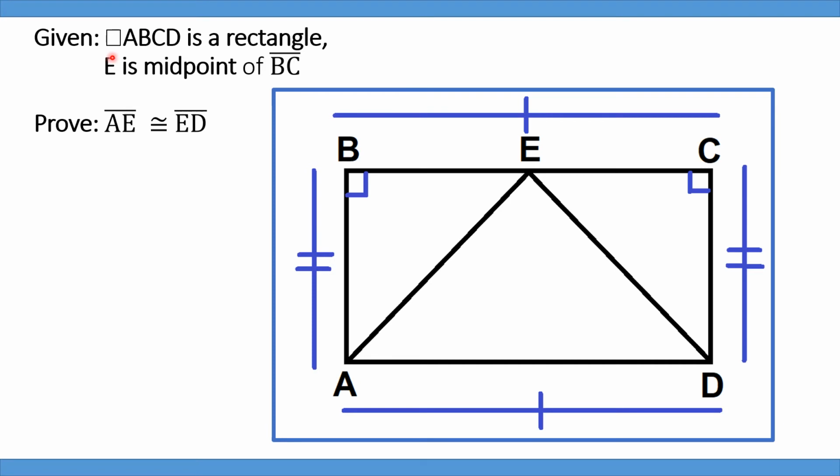Now we were given that quadrilateral ABCD is a rectangle, so it must imply that line segment BC is congruent to line segment AD and that line segment AB is congruent to line segment DC. Also, it must imply that angle ABE and angle DCE are right angles and are congruent. Well, of course, by the definition of a rectangle. Well, anyway, by the definition of a rectangle, it must also imply that angle BAD and angle CDA are right angles. But I did not include it here because my focus is considering these two triangles.